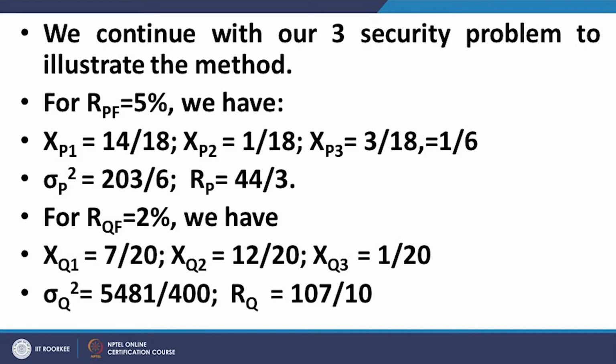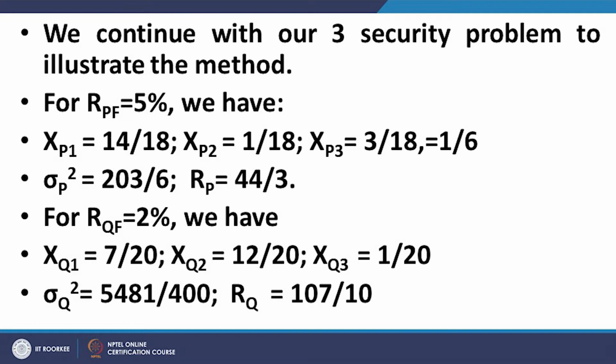Then we did the same exercise with RF equal to 2%. We found a new optimal hyperbola, a new plane which was given by Z is equal to 1 by 20, and the cardinals of this new point Q, which lies on the hyperbola and which is the tangent, where F is the 2% one. So, F Q is the tangent to this new hyperbola which lies on the plane Z is equal to 1 by 20, where F corresponds to a risk free rate of 2%, and the composition of this point Q is x Q1 is equal to 7 by 20, x Q2 is equal to 12 by 20, x Q3 is equal to 1 by 20,